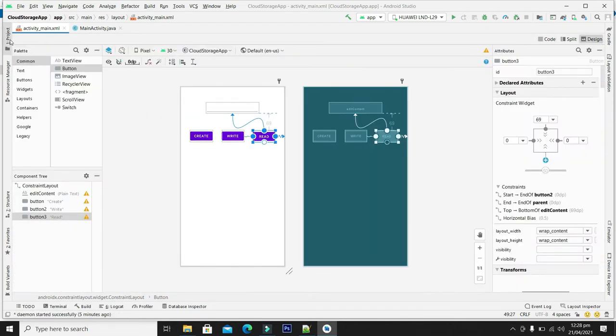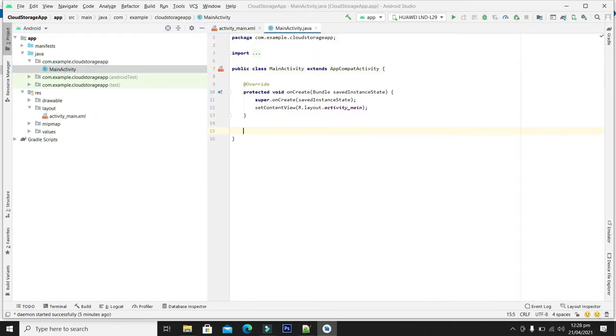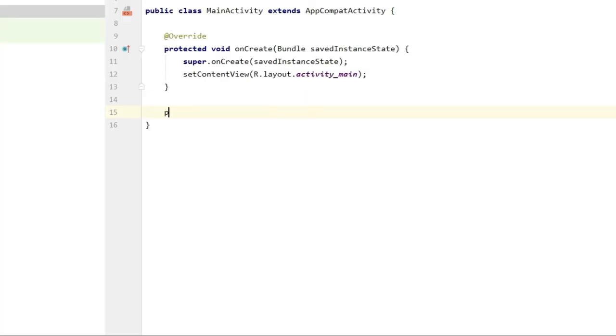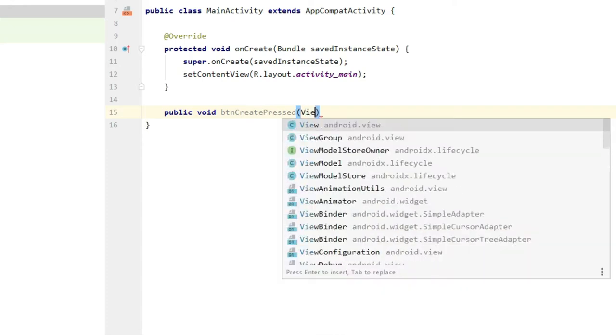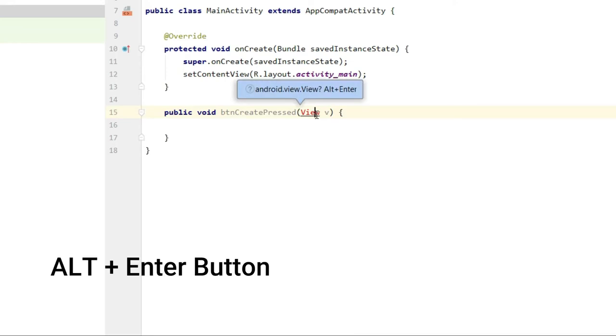So now let's come towards the MainActivity.java file, and here let's write the code for the button pressed event for 3 buttons. So we are facing an error. Click on the view, press Alt plus Control button, and our error is gone.